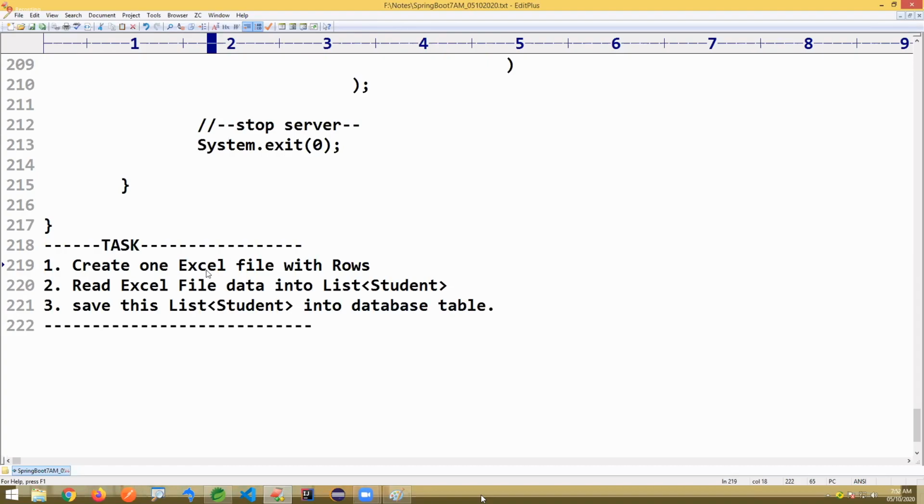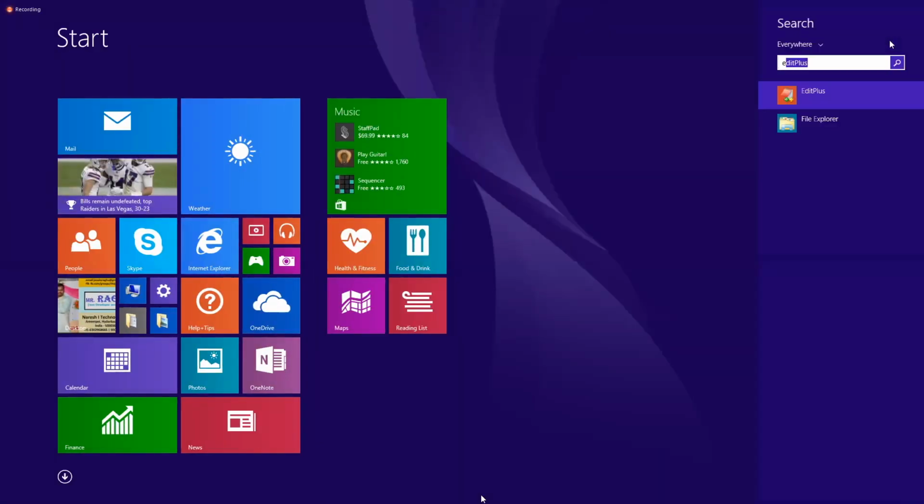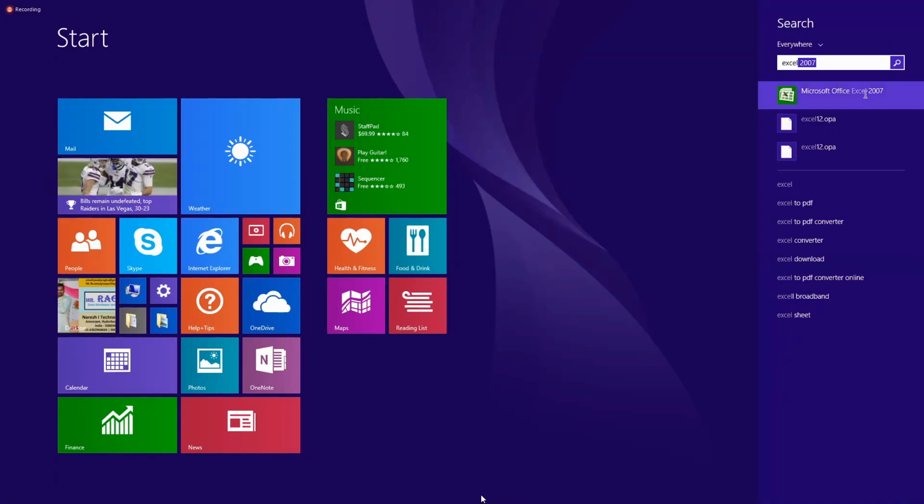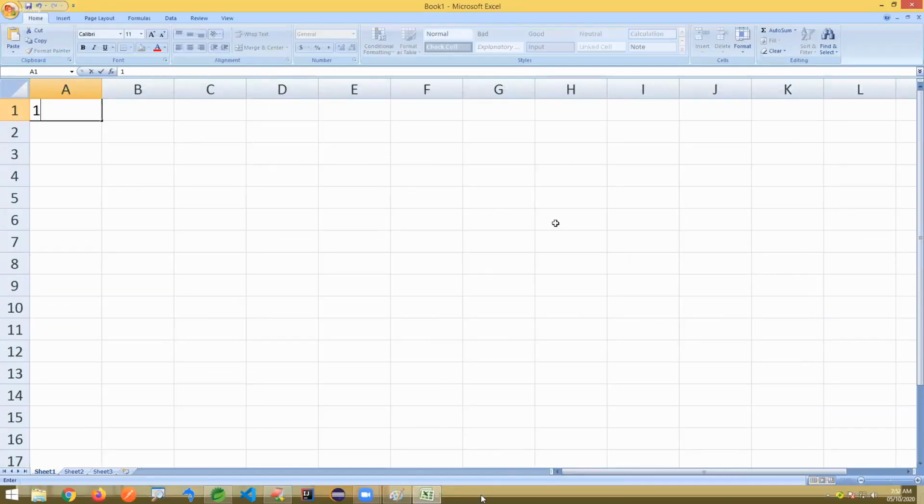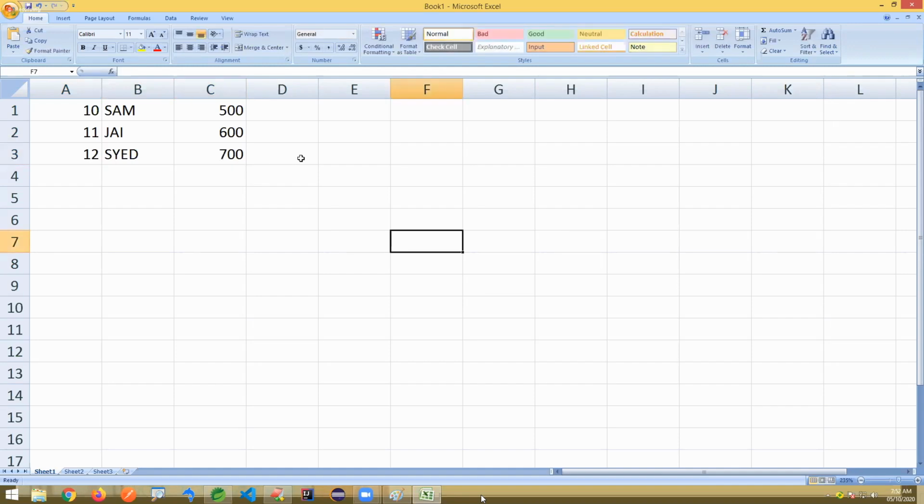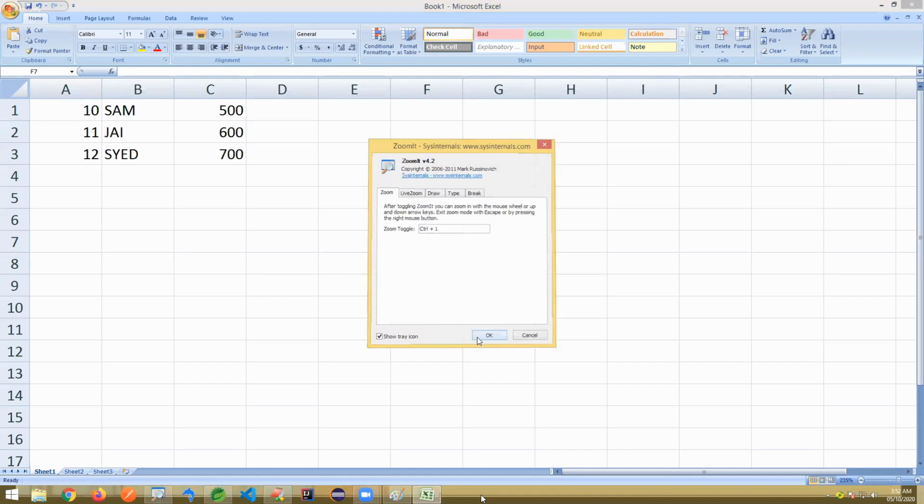Now look at here. I'm just opening one Excel file here. This Excel file, if you look at, just create one record here: 10, Sam, fee 500. Like this, I just want here. It's 11, J, 600. It's 12, Syed, actually 700. This data, whatever the data here we have,